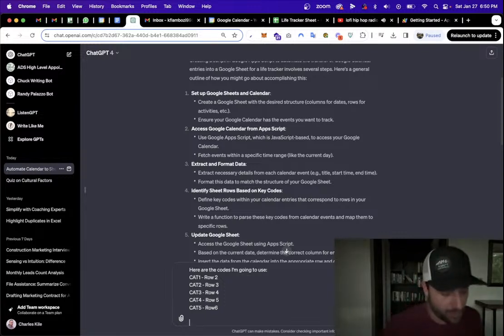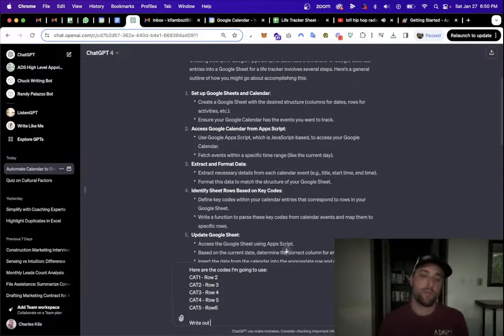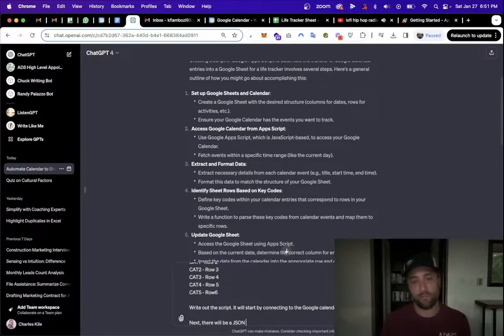Let's just try giving it some instructions now. So write out the script. It will start by connecting to the Google Calendar and the Google Sheet. Next, there will be a probably JSON